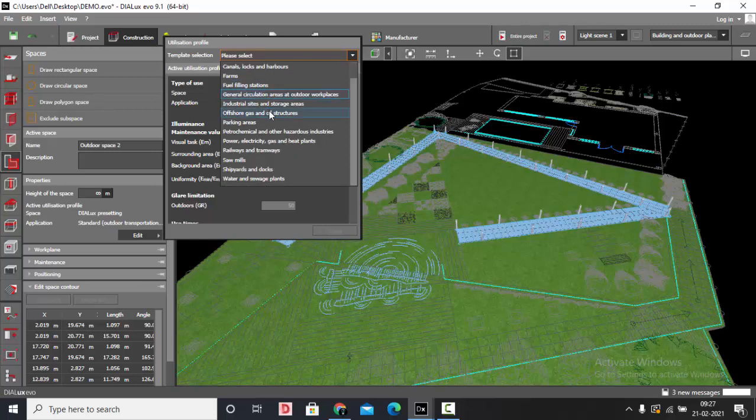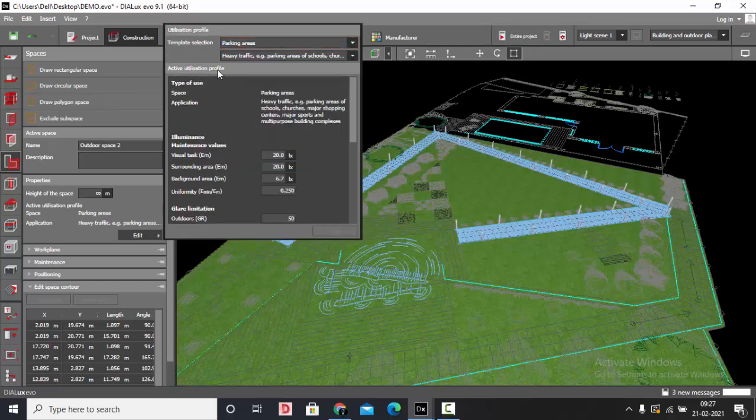In the drop down, select something which is similar or exactly the same as what you're working on. Now this is not my parking space, but it's something in which there's a movement of the people.